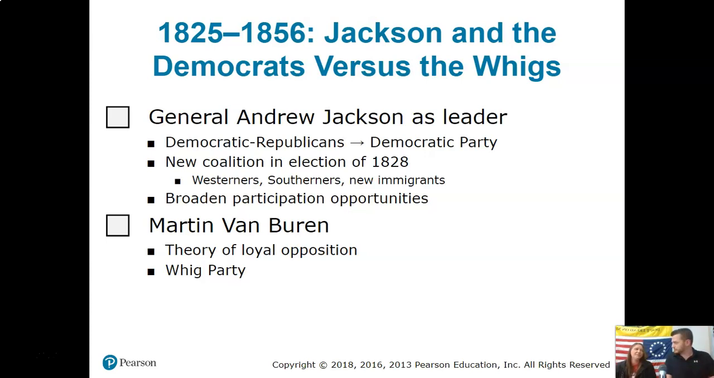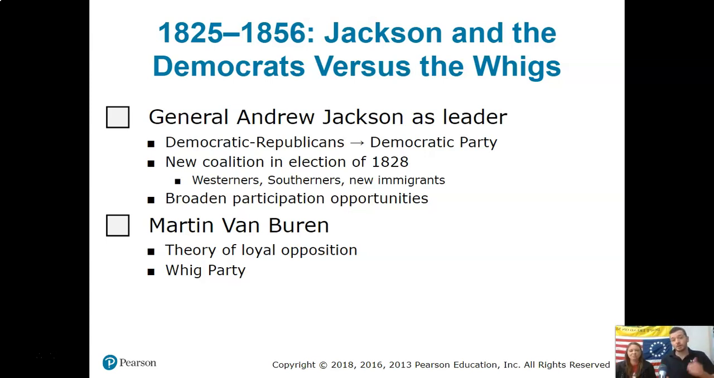But it was more Protestants coming over still. Yes, so that might make sense. Look at us trying to apply modern political norms to the 1830s. Ridiculous. Anyway, they're going to broaden participation opportunities, making it easier to vote. You don't have to be a property owner and things like that to vote. So you're going to see a lot more in the electorate,